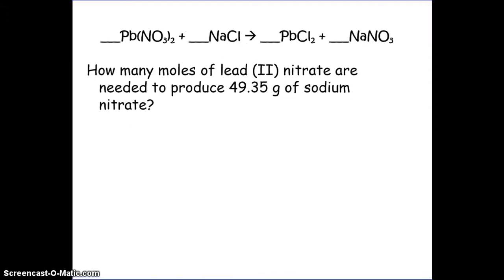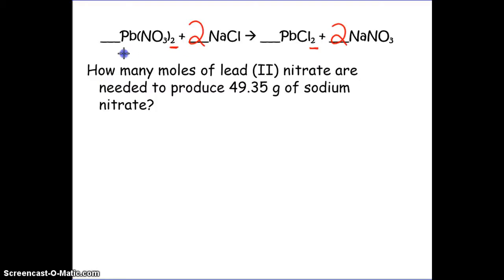All right, here is an example problem. And you see that you have an equation. It's not balanced though, so we need to balance it real quick. So you've got two NO3s there, so you put a 2 there, gives you 2 Nas. Put a 2 there, gives you 2 Cls, and you already had 2 Cls. So now it's balanced. Says how many moles of lead 2 nitrate